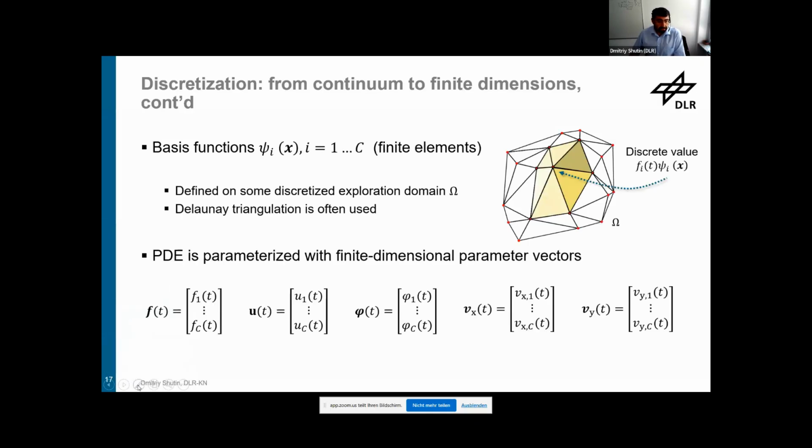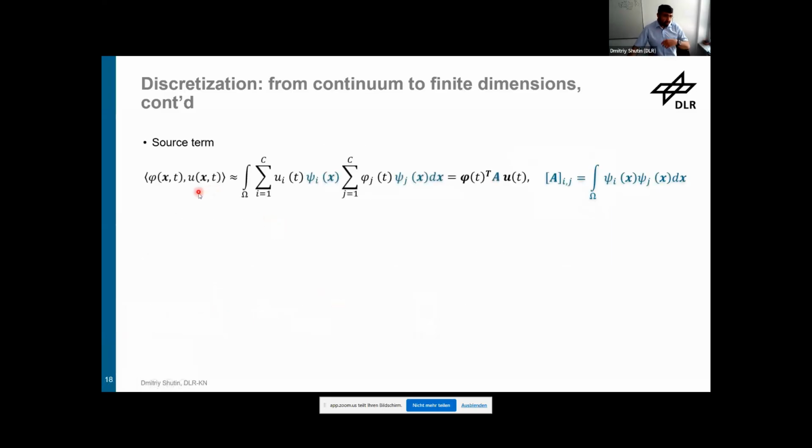Let me shortly jump back. So we all have this time dependency, right? And time is still continuous. So it's still continuous time coefficients that are now discrete in space. So we now discretize the space. How do we proceed? Well, basically, we come back to this weak form formulation where we have these inner products between all our functions and the test function. And if you write it down and plug in our approximation instead of the function, we end up with a discrete representation with matrices. So we have vectors and matrices that will represent all these inner products.